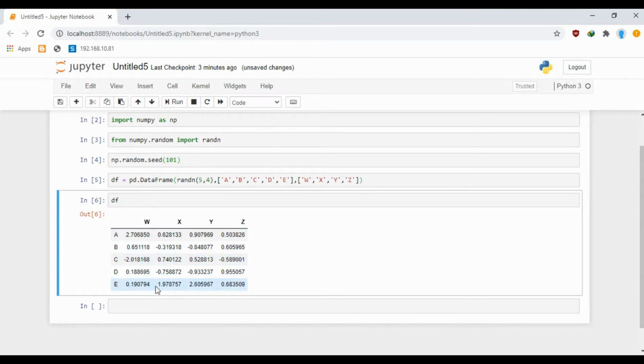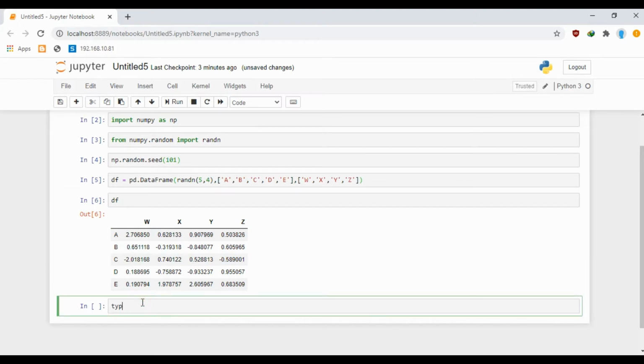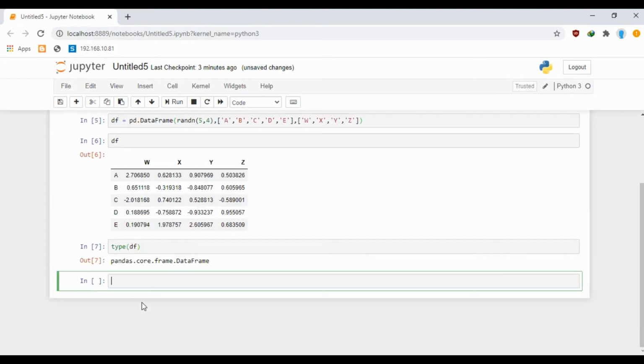Now if I take a look at the type, you can see that it is a data frame. A data frame is basically a bunch of series having the same index. This column W consists of series, X also consists of series, Y also, and Z also. All these series are grouped together to form a data frame.